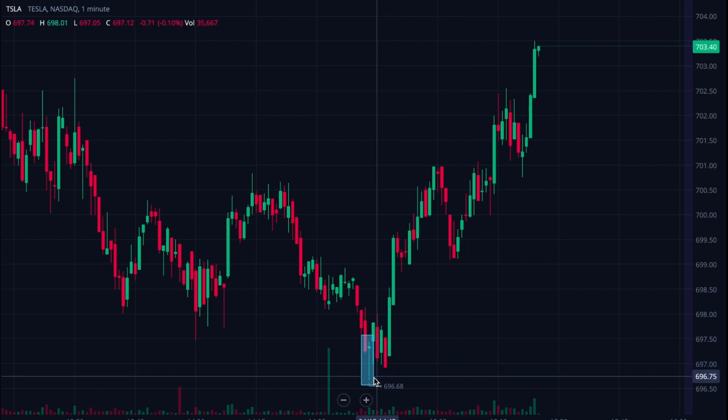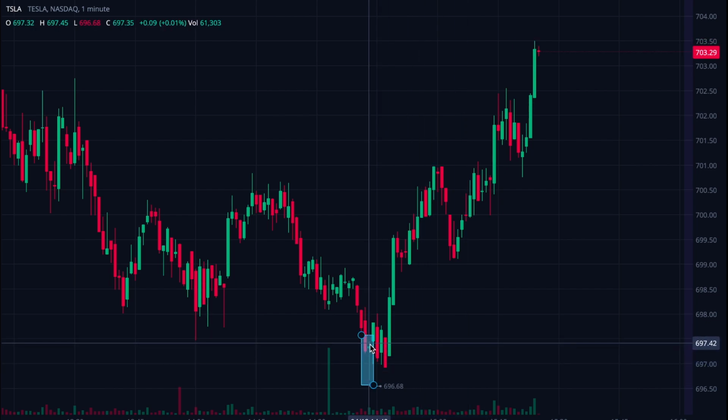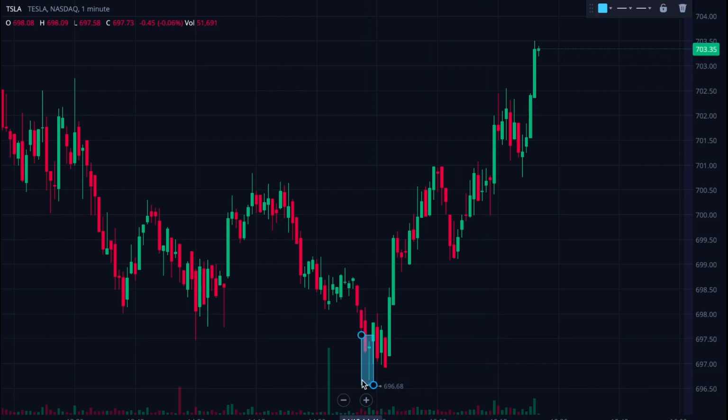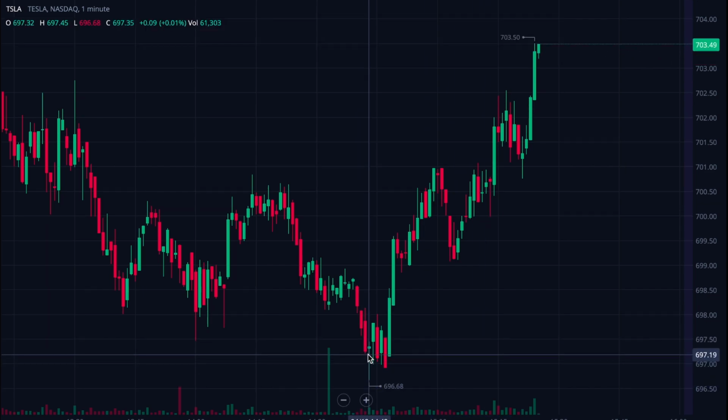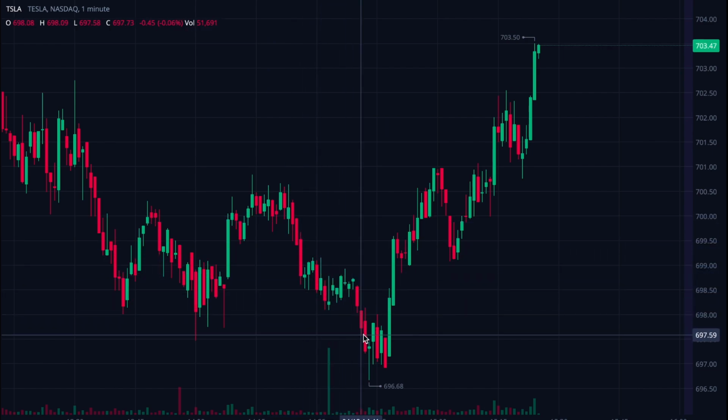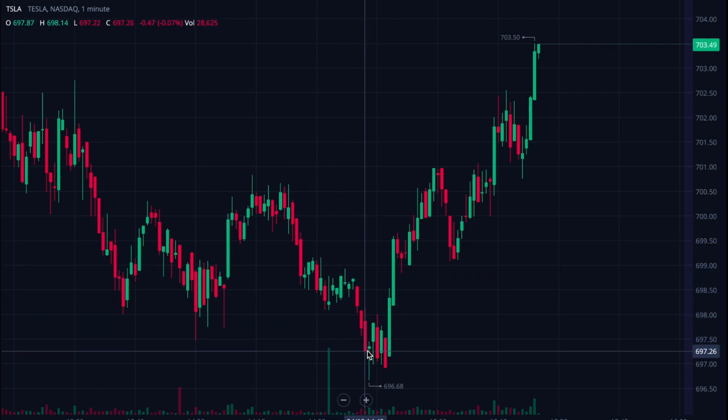Now in the most ideal world, this wouldn't have even had the slight wick that's jutting out of the top, but this is really good because it's very skinny, meaning it's mostly the wick. It has a very, very small body, and it's at the bottom. So it happened as the stock price was getting pushed down, and so that's what you want to see on